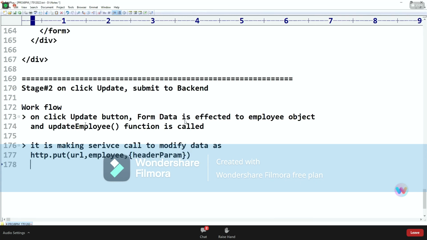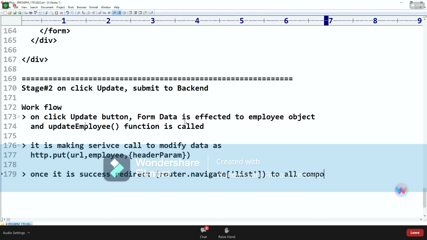Expected type is JSON. Once it is success, redirect: router dot navigate to the list all component. Okay, so once it's actually success here, we are just redirecting here.